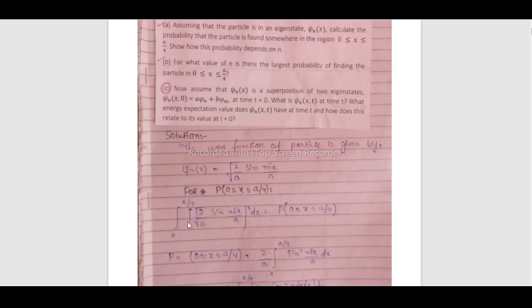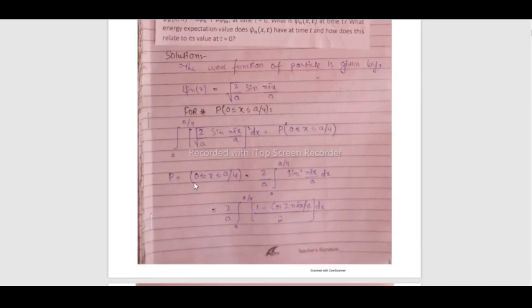So probability will be the square of the wave function. The wave function is this, and we have taken the square and dx. So we are going to integrate this probability density in the region x greater than or equal to 0 and x less than or equal to a upon 4. The probability in this region is equal to